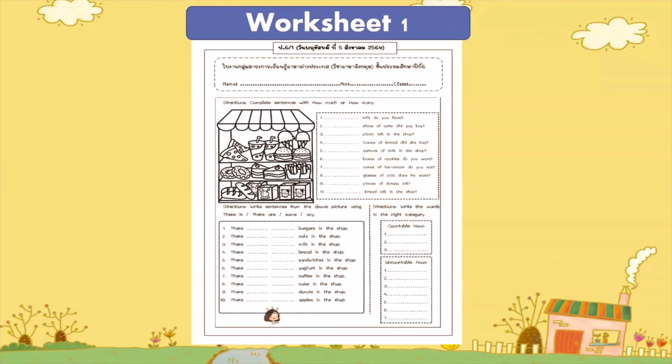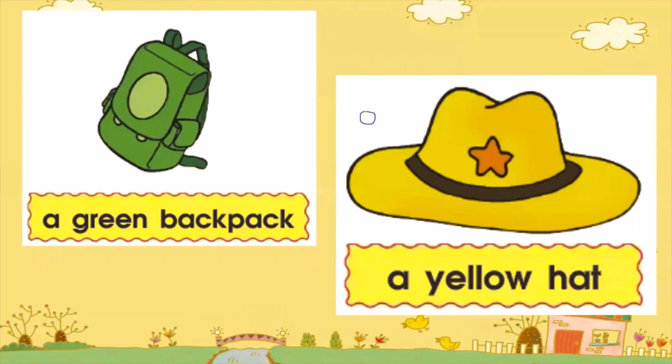So this is worksheet number 2. Complete sentences with how much or how many. We need to put how much or how many here. Okay. Just make sure that you read each sentence correctly. Number 1, we have milk. Milk. Can you count milk? No, you can't. Now, what are you going to use? We are going to use